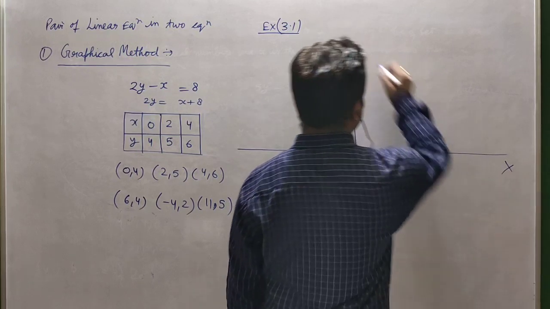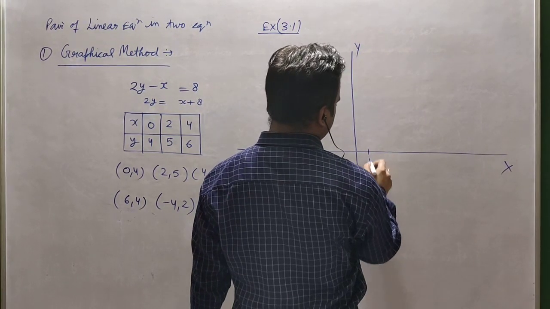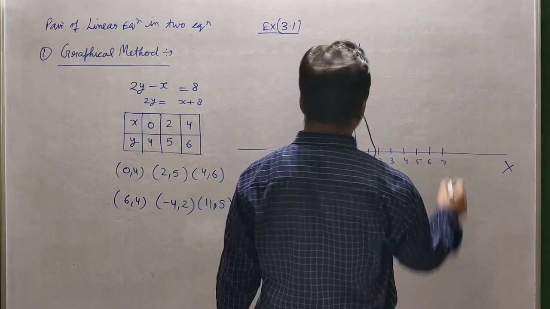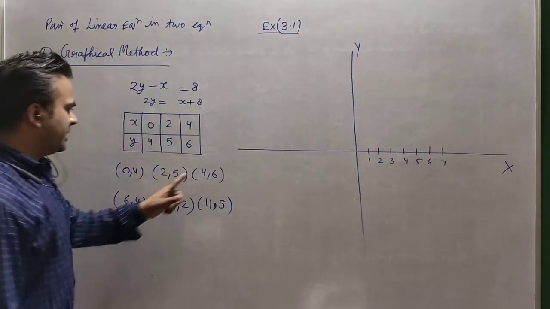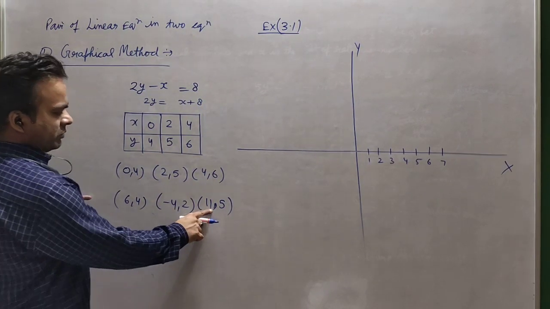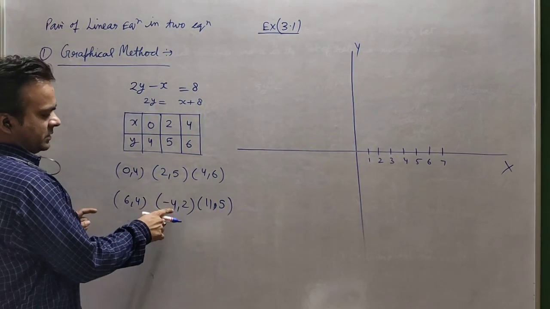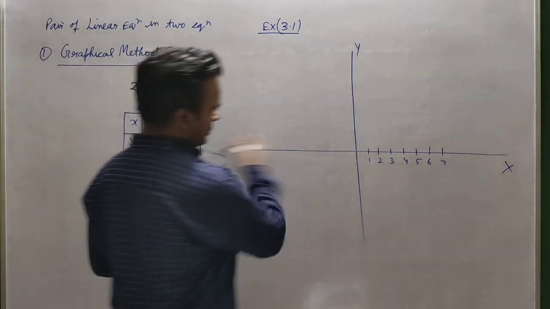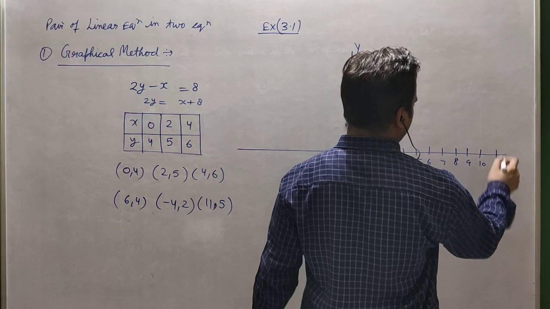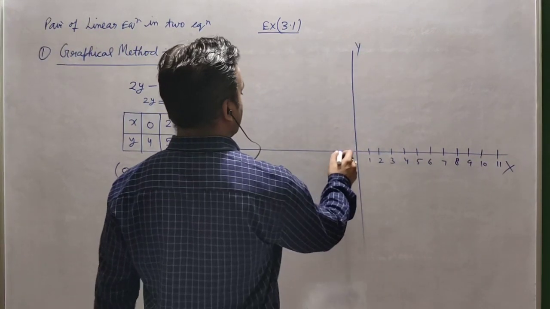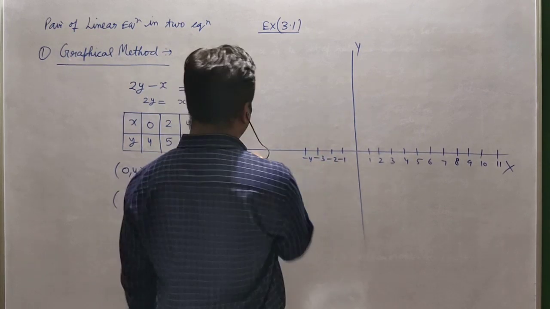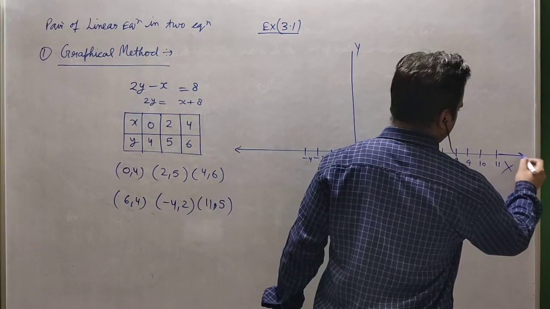This is called the x-axis. This side is always taken positive: 1, 2, 3, 4, 5, 6. You will see what the positive maximum value is. This is x: 0, 2, 4, 6, minus 4. 11 is the maximum in positive for x, and minus 4 is the minimum on this side. So 8, 9, 10, because I will stop here only. Now it is minus 1, minus 2, minus 3 and minus 4. And this line is non-terminating.